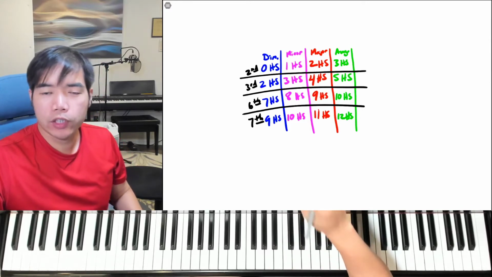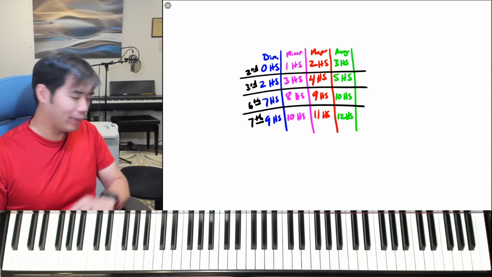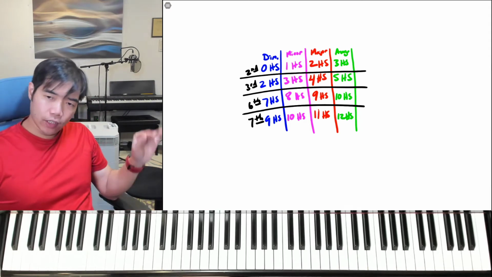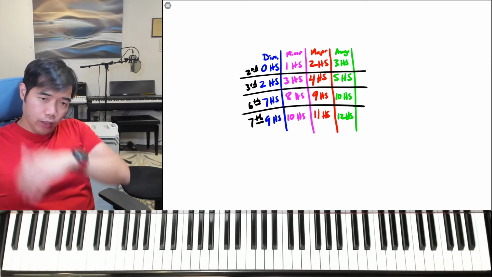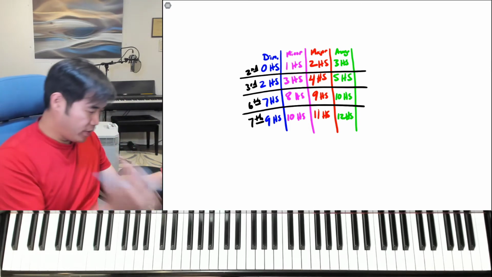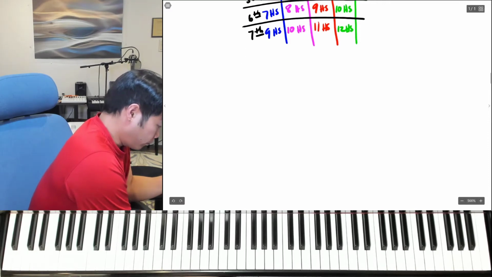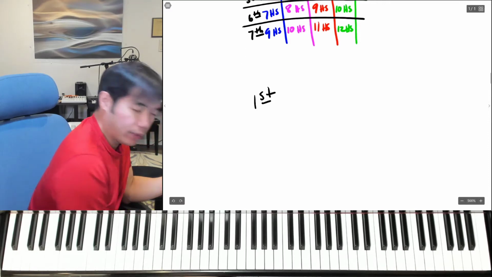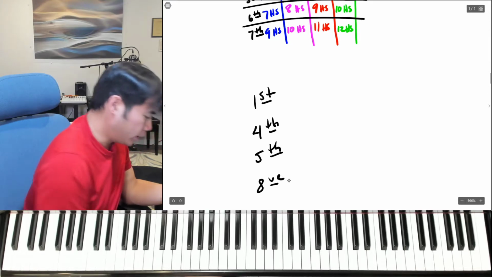In this video, we're going to talk about the perfect intervals. So in the last one, we talked about the second, third, sixth, and seventh, which are never perfect. They can be minor, major, diminished, or augmented. In this video, we're going to talk about the unison, which also can be called a first, the fourth, the fifth, and the octave, can also be called